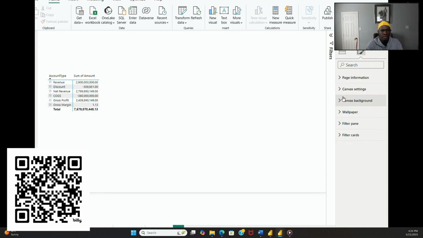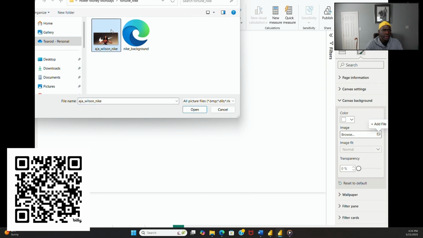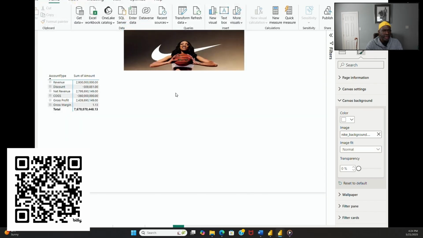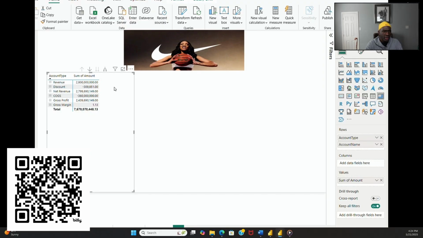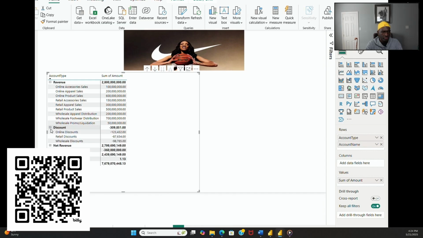Canvas settings. We're going to bring in a background image. Here we've got an image that is a Nike image. Not necessarily sure, I don't think we're going to use this image because